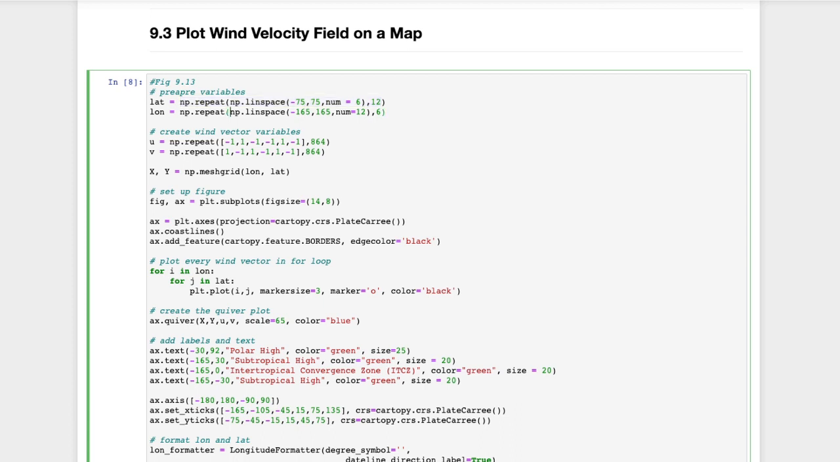We are going to create a NP linspace from negative 165 to 165 with 12 numbers in between, and we are going to repeat those 12 numbers 6 times to create our longitude variable. Next, going into the wind vector variables, which will dictate the magnitude and movement of our wind vectors. Starting with the U vector, we are going to repeat the -1, 1, -1, -1, 1, -1 array